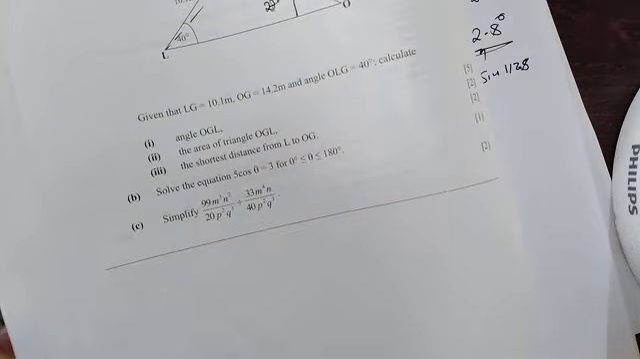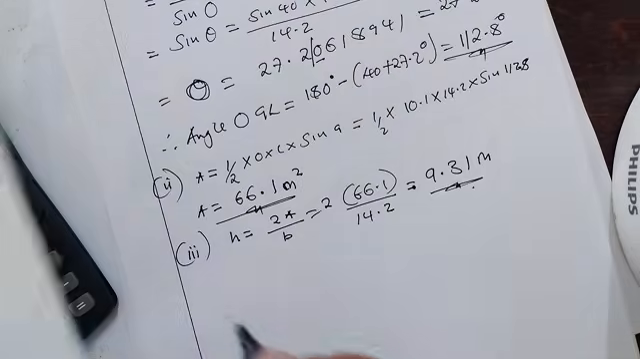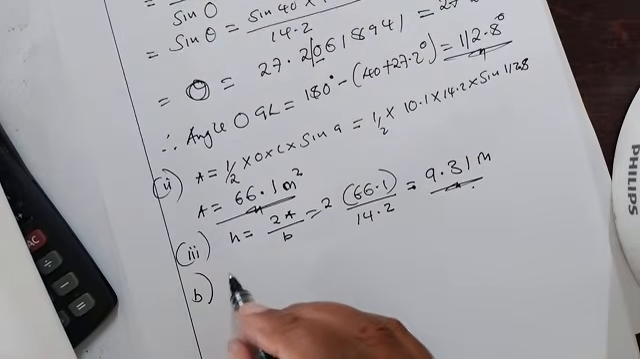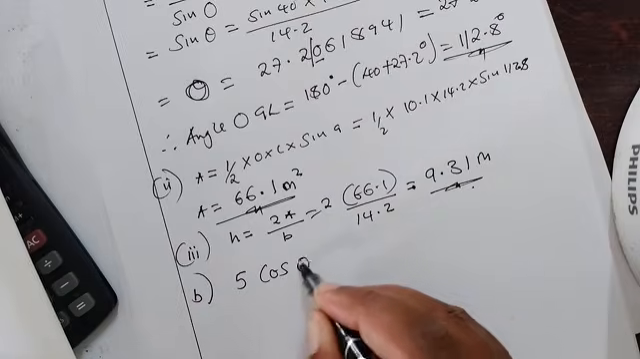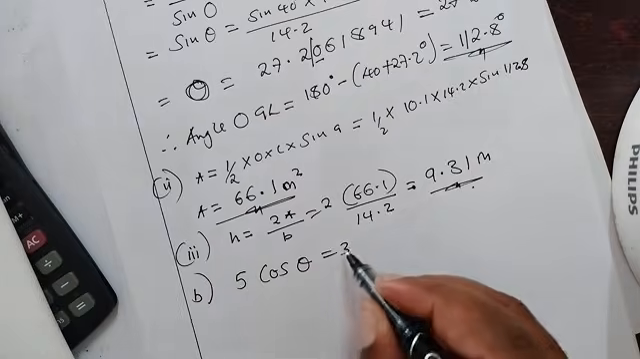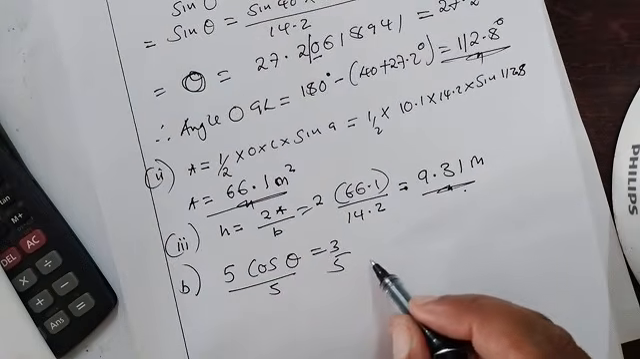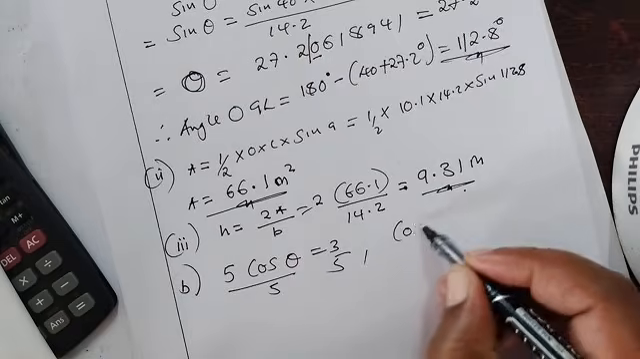B. Solve the equation. All right? B. What are we solving? 5 cos theta is equal to 3. The range is from 0 to 180. So we divide both sides by 5. Then we have cos theta is